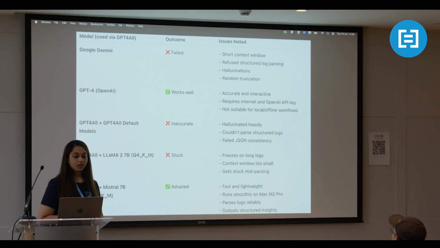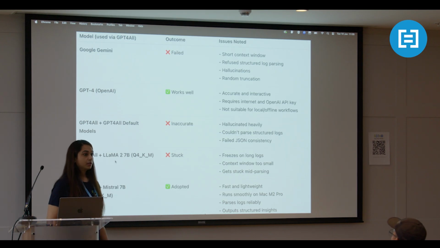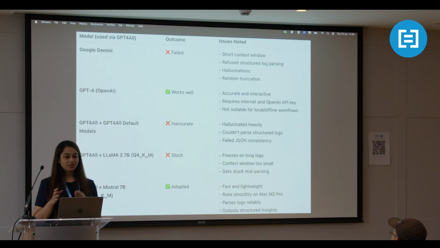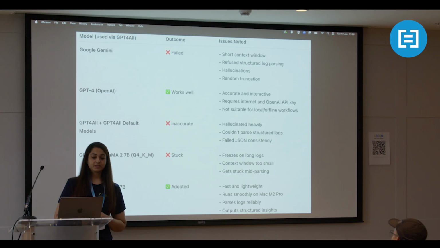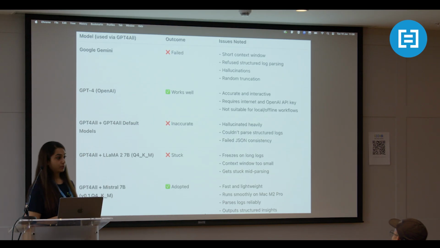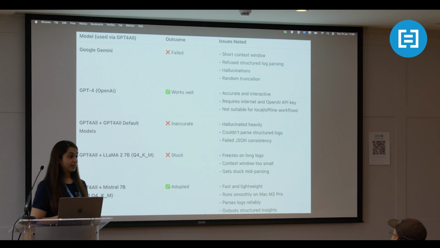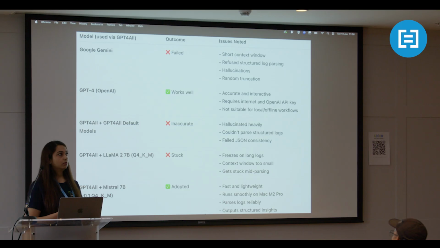for analyzing the logs. The first model that was used was Llama 2 7B, and it used to get stuck. For huge logs, even if I chunked them, I had to chunk them in very, very small sizes so that it could process these logs. So instead of that, I used something called Mistral 7B. It was fast, lightweight, very accurate, it gave good results and took the feedback very well, and the summary that it generated was very nice.